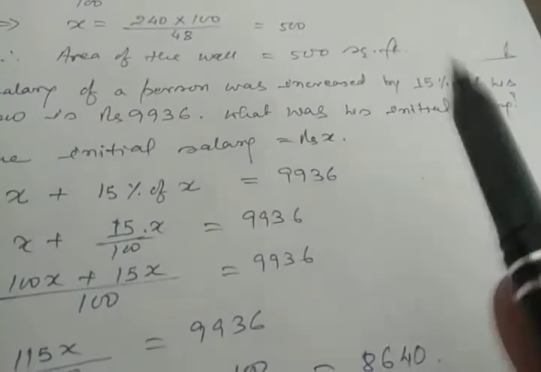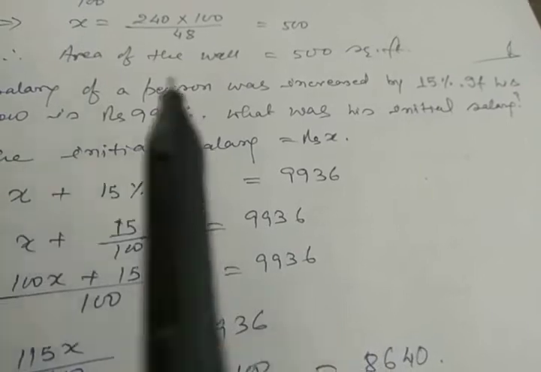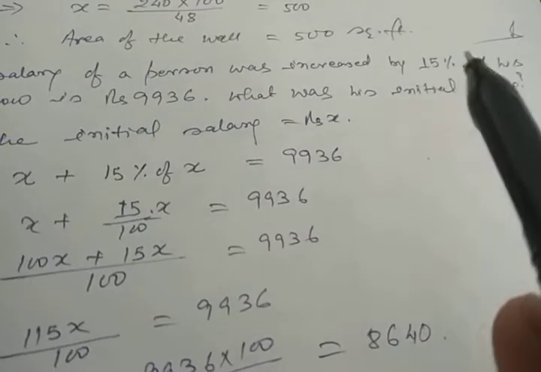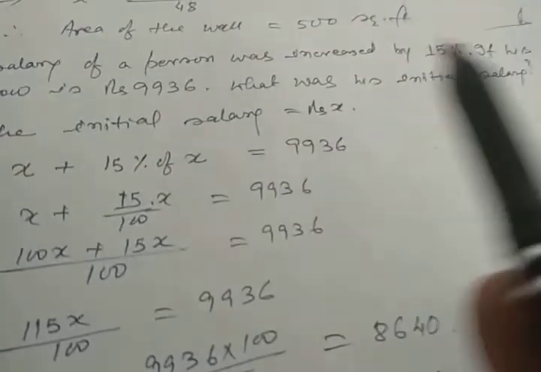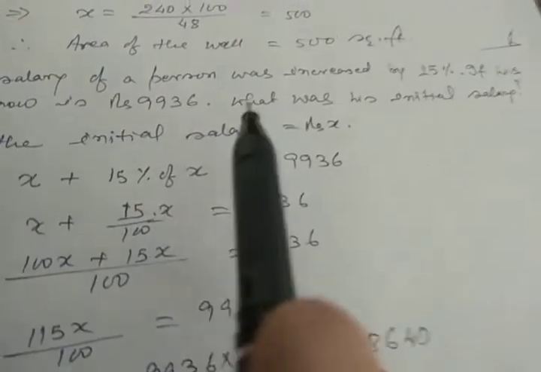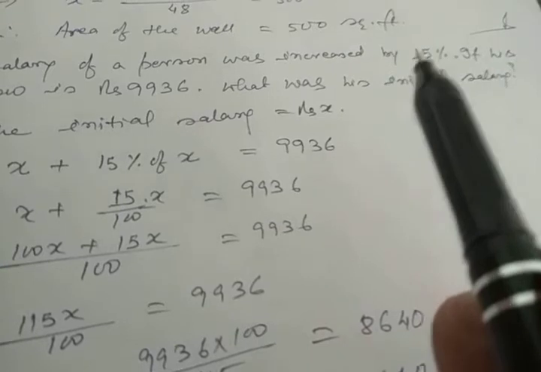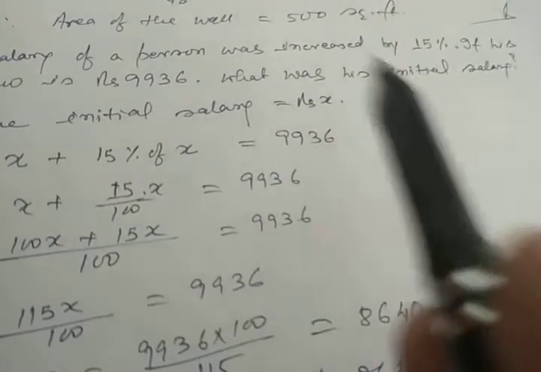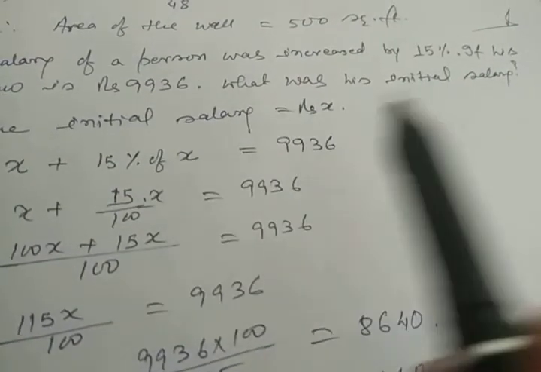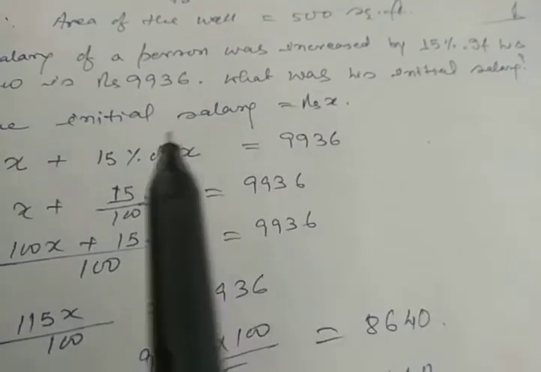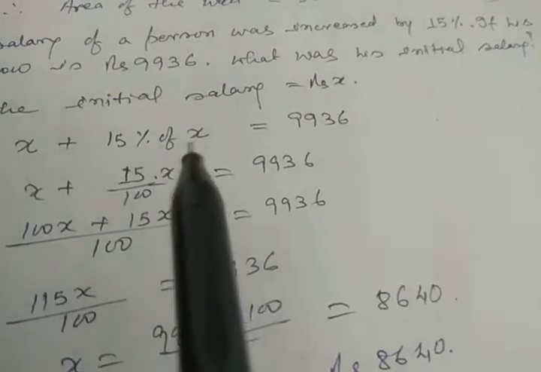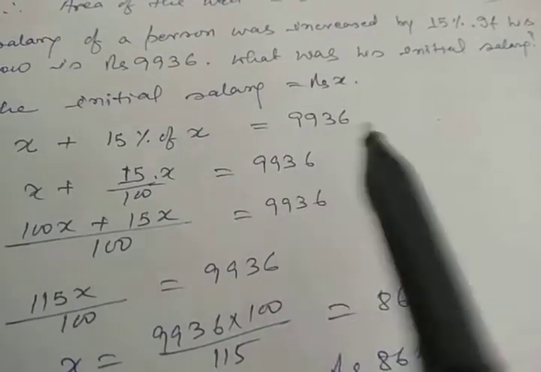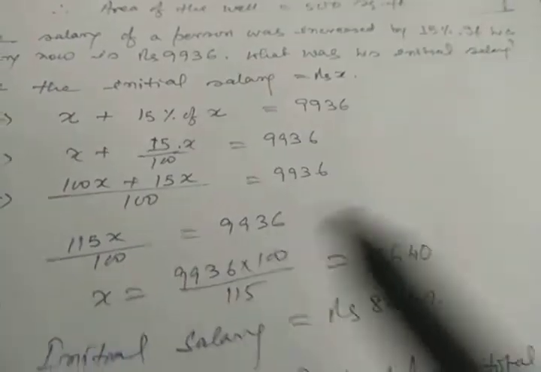So here you are not allowed to calculate 15% of this one. Always remember 15% off. Is it clear? Percent is always followed by off. So if the salary of a person increased by 15%, I mean 15% of the initial salary, and the initial salary is rupees X, so this is the increased amount and this is the initial salary. If you add, this is your new salary, and you can simplify and get the result.